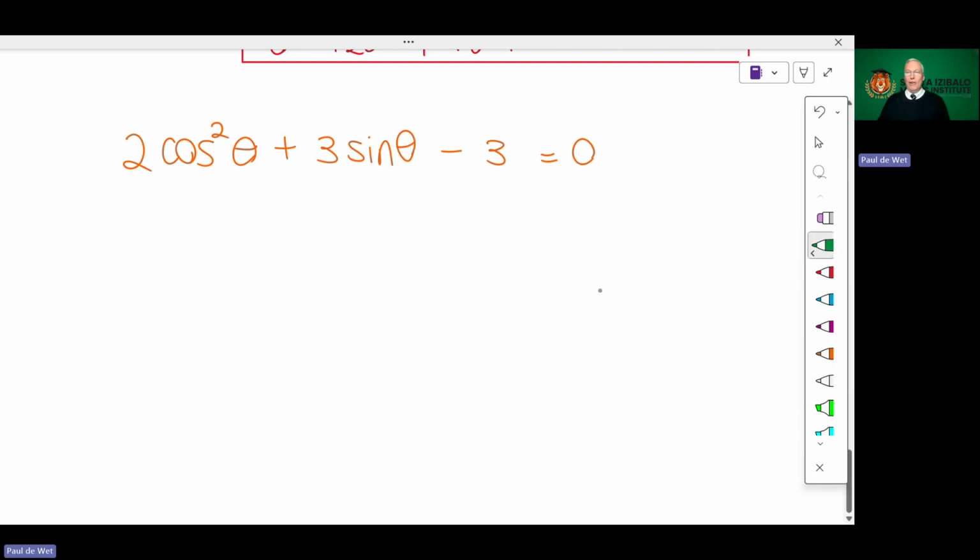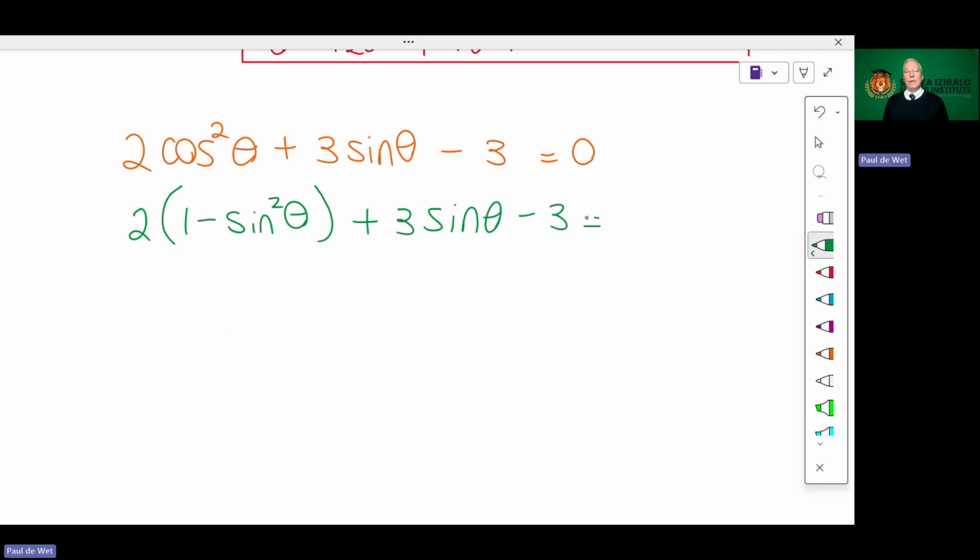Okay, I'm going to soldier on regardless. It kind of looks like a trinomial, all right? If this was sine squared theta, then it would be a trinomial. And we've got a way of changing cos into sine. We know that cos squared theta is the same as 1 minus sine squared theta. All right, so plus 3 sine theta